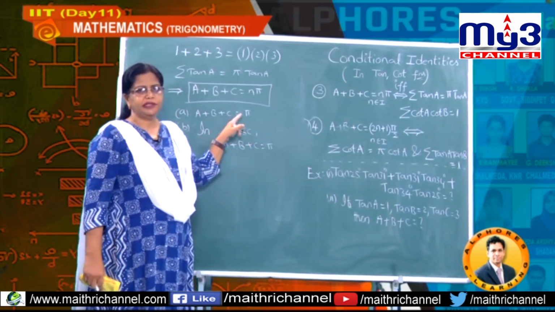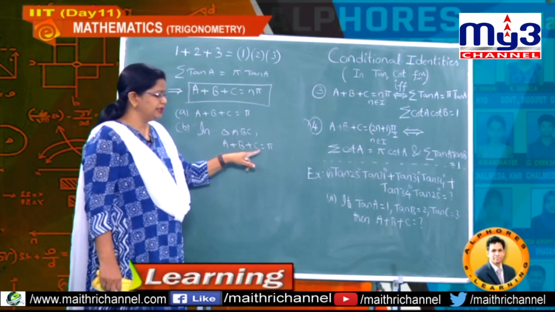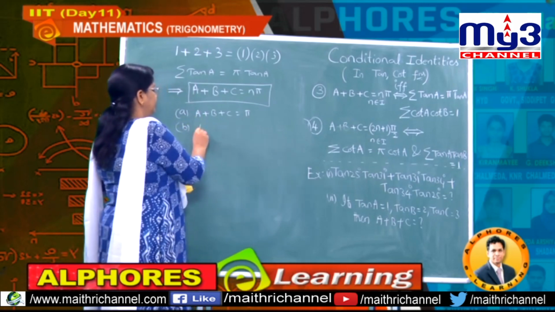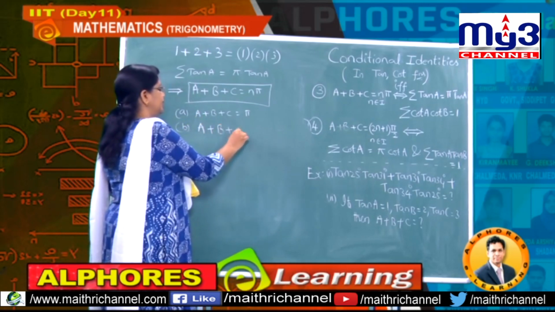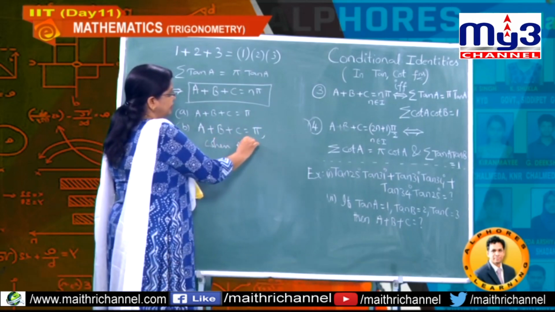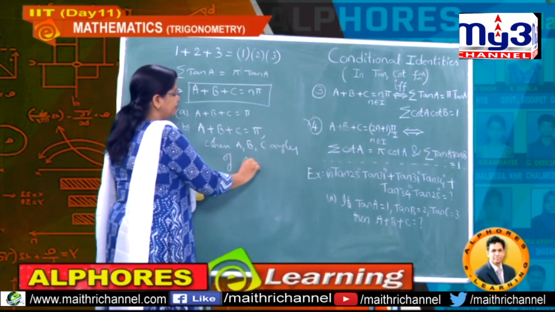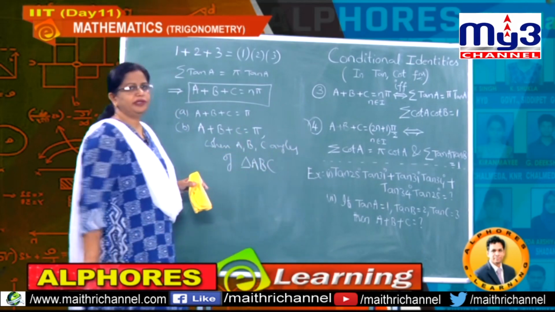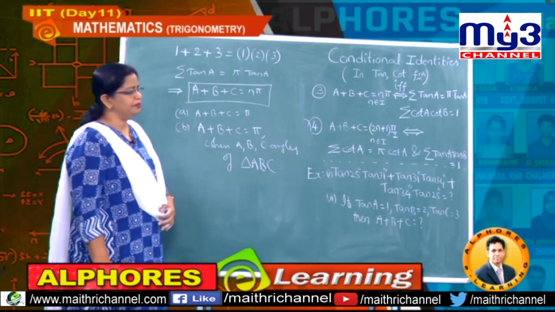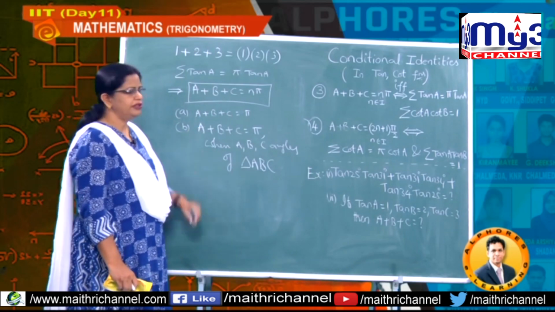A plus B plus C is pi, or A plus B plus C is pi and A, B, C are angles of a triangle. Therefore option B they may change as A plus B plus C, surely it is pi, where A, B, C are nothing but angles of triangle ABC. Okay students, if it is given like this and option C will be given something, etc. Suppose it is given like this, then which option do you choose?